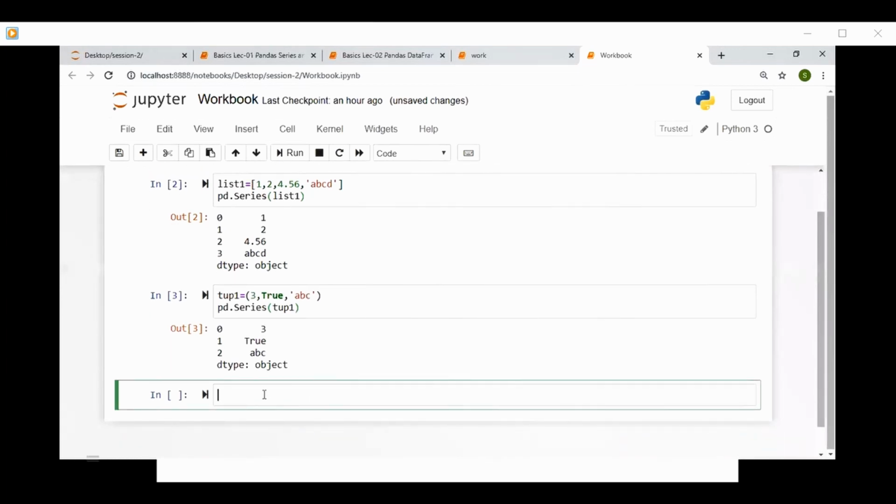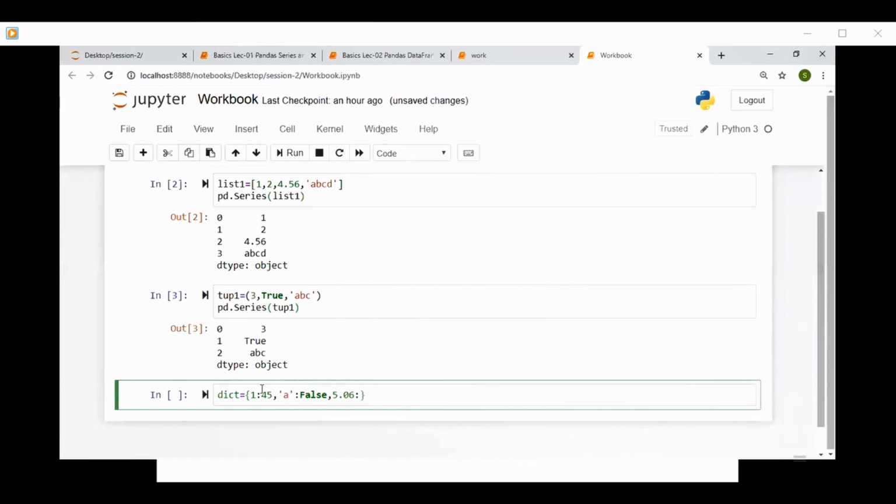You can even create a series from a dictionary. Say 55, A, its value is false. Let's take a float value 5.06.